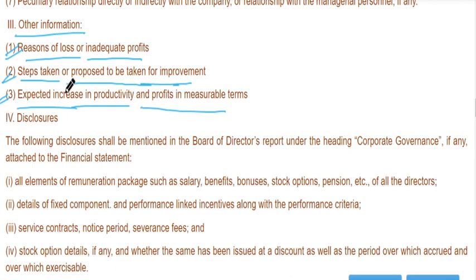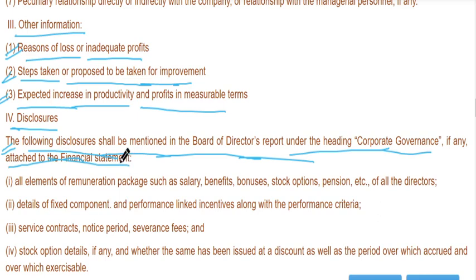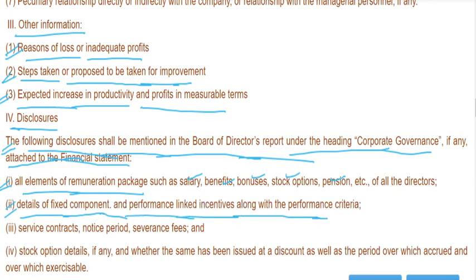And there are some disclosures to be made. Let's see what the disclosures are. The following disclosures shall be mentioned in the board of directors' report under the heading corporate governance. If any, attached to the financial statement: all elements of remuneration package such as salary, benefits, bonuses, stock option, pension, etc. of all the directors, details of fixed component and performance linked incentive along with performance criteria,